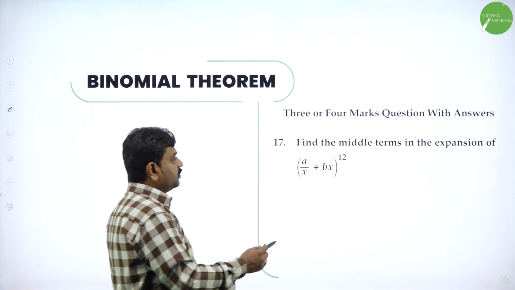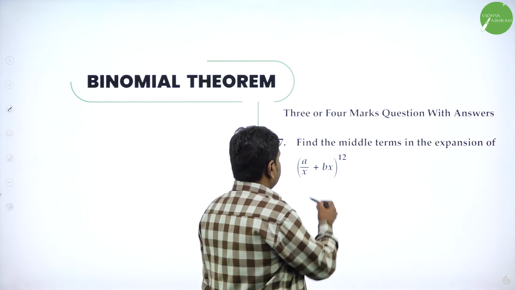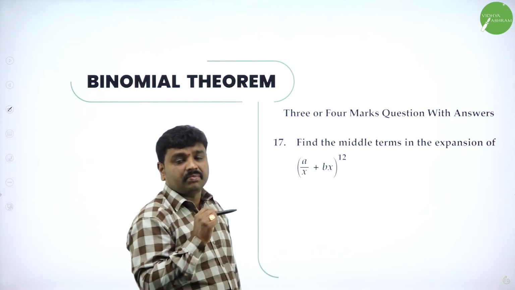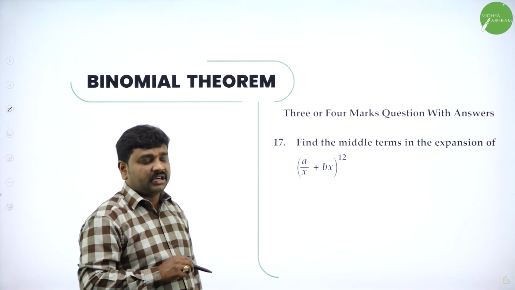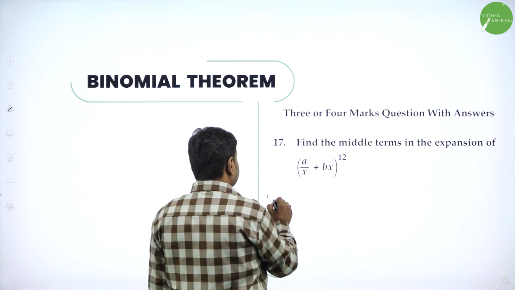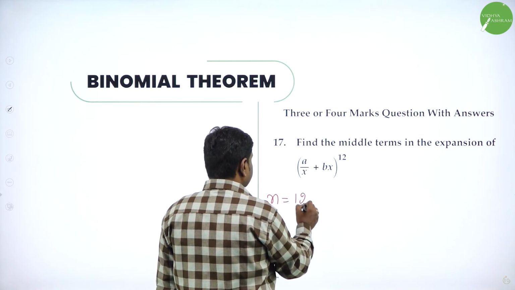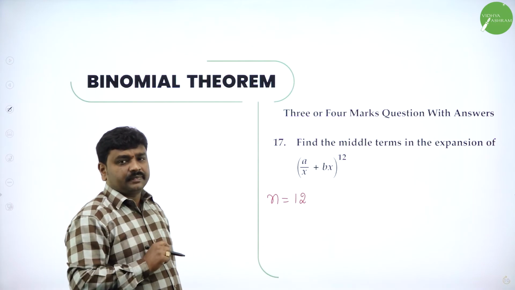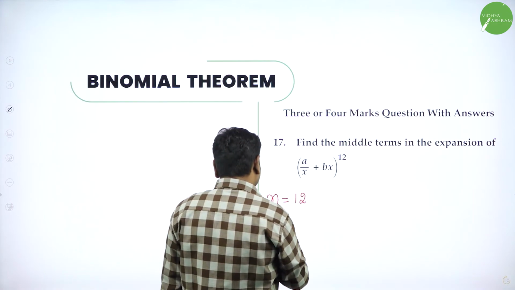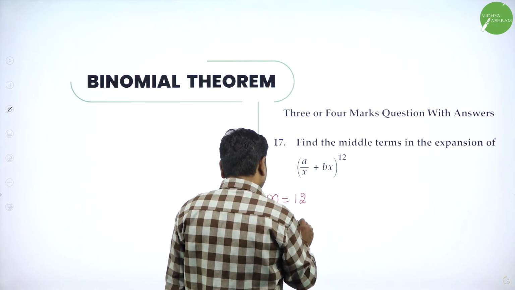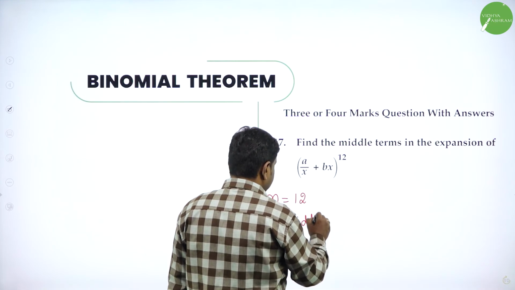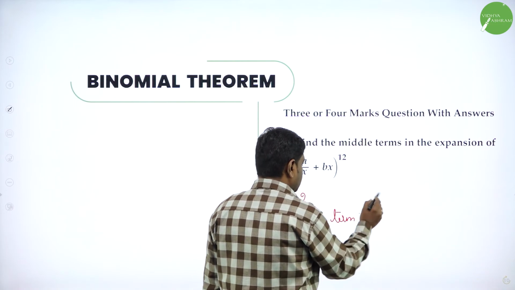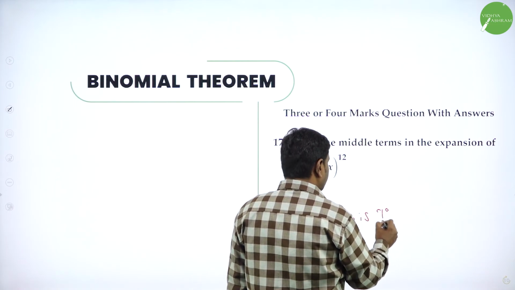Same, find the middle term in the expansion of (a by x plus bx) power 12. See, power is an even number. They want you to find the middle term, so it depends on the power. Power is 12. Now here we'll have only one middle term. Therefore the middle term is, as I taught you in my last classes,